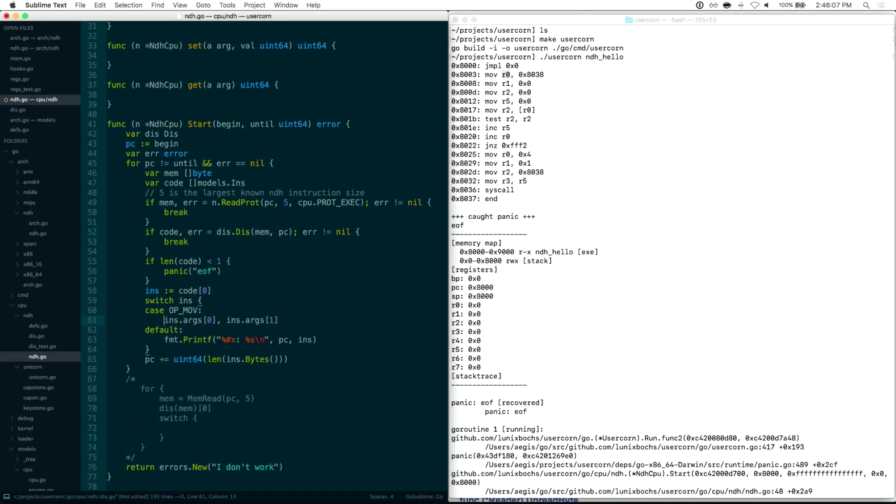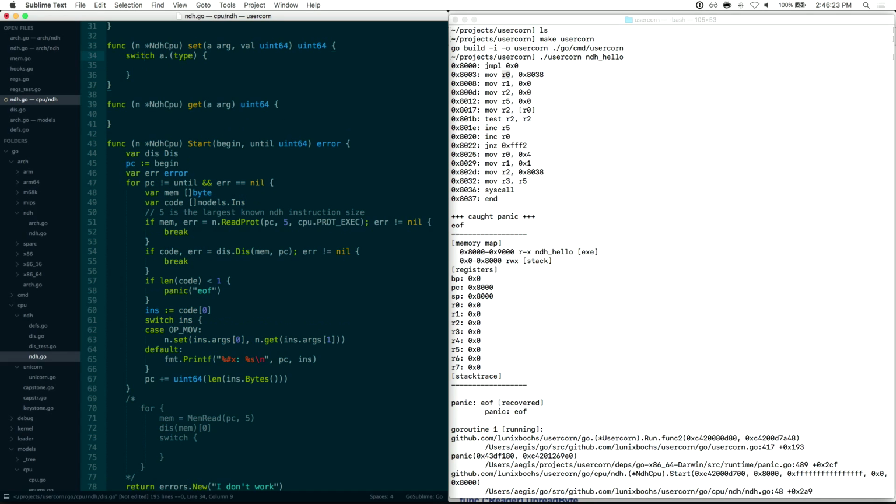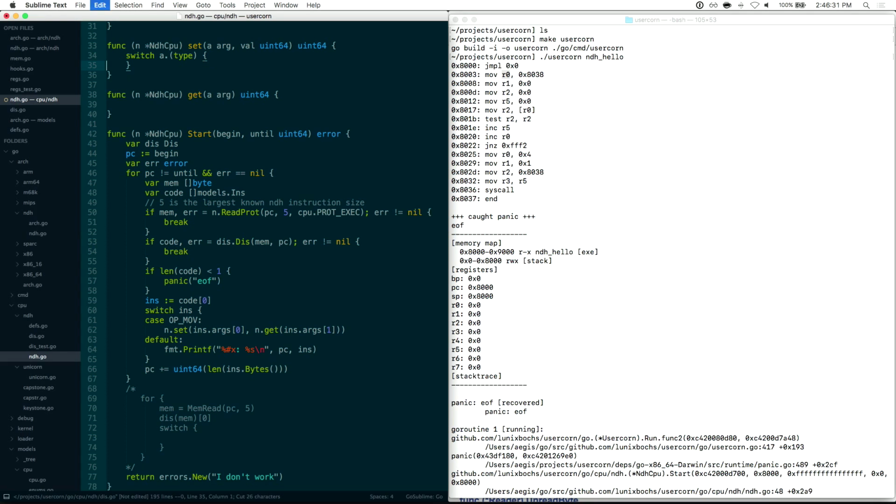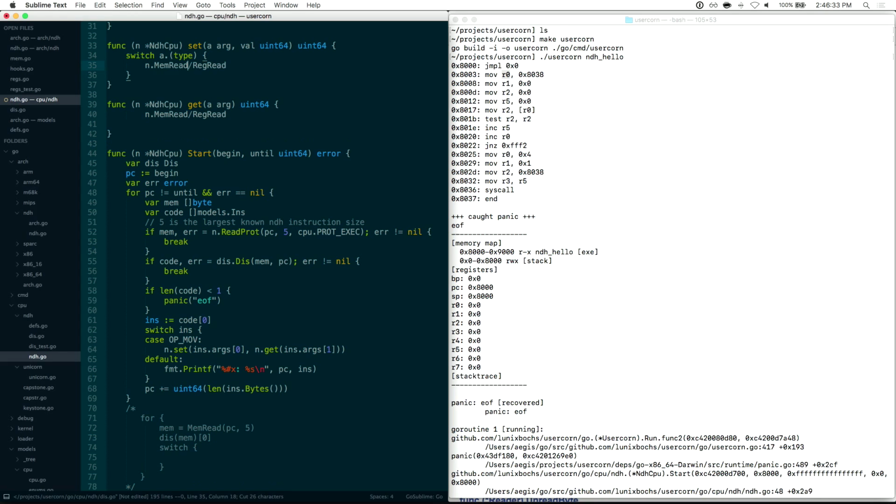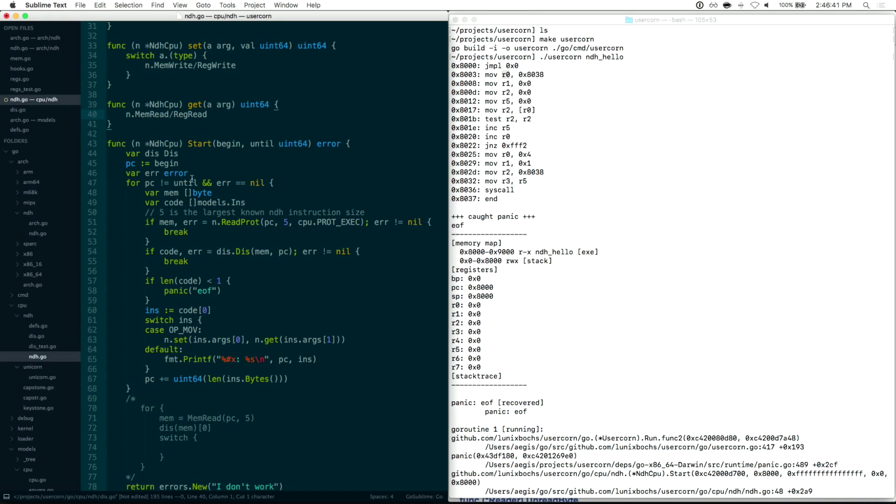And we can say cpu.set args1 or args0 with cpu.get args1. So we don't have to replicate the intermediate loading code. So this will just be something that switches on arg.type, and then if it's an indirect or something, it knows how to handle it, and then uses memread or regread, which is actually down there, and memwrite and regwrite to actually dispatch. So I'm going to make this big,